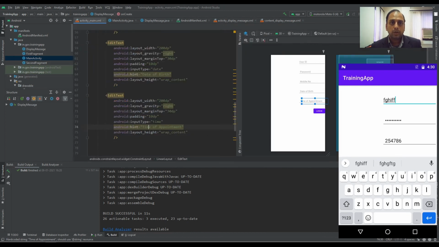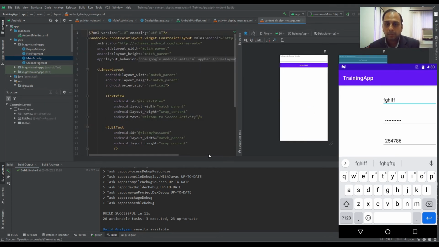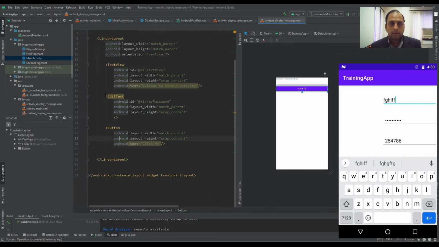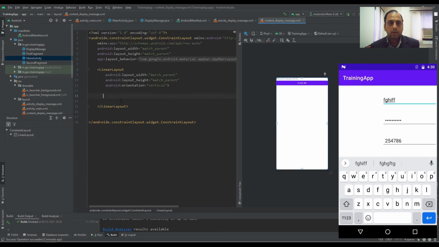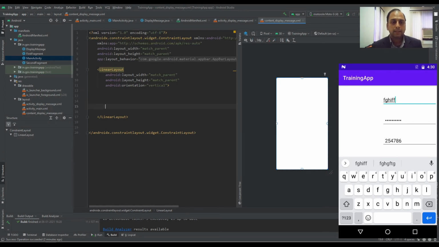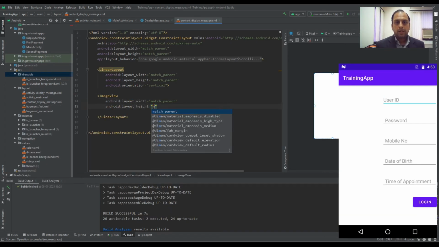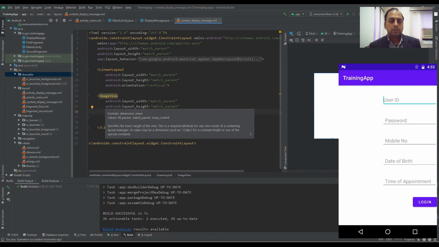Alright, and in this activity now let us create an image. How to do that? Go to the display message activity layout, and here I'm going to delete this text view, it is not required. Now here I'm going to place an image. So I'm just creating an image view, match parent. Although we have created this image view, the source is blank. So if you launch the activity now, it will show a blank screen because the image view is there, but there is no source for it.